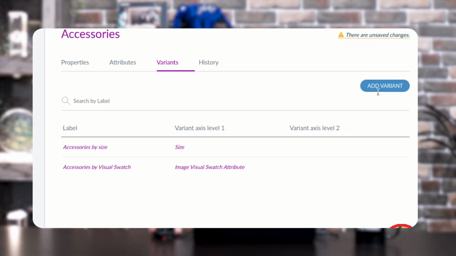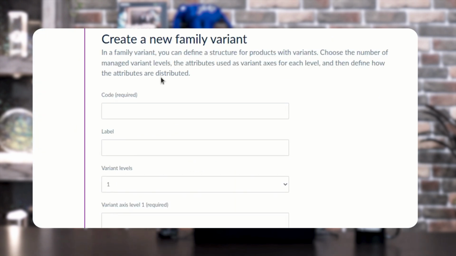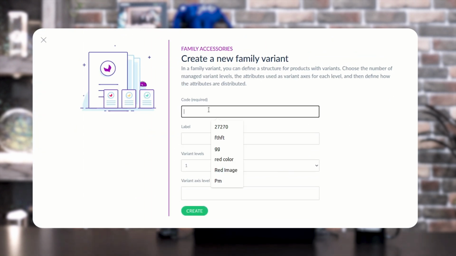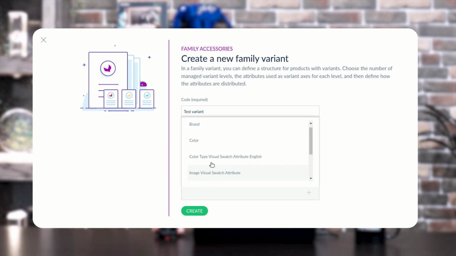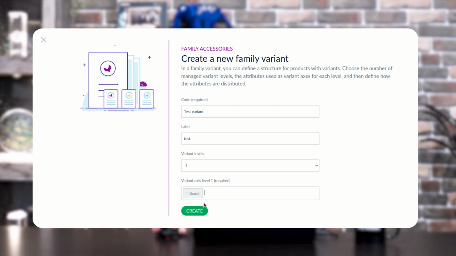You just need to tap over add variants, and here you can see I have created a test variant, and you need to choose any particular option from here, as I am choosing brand level. After that, you just need to tap over the create option.